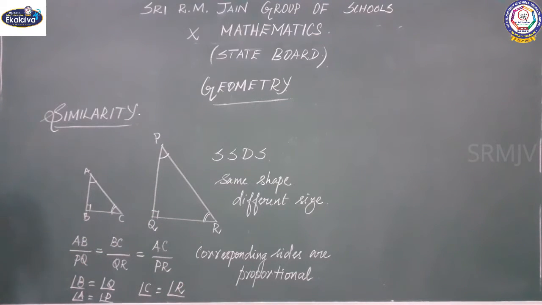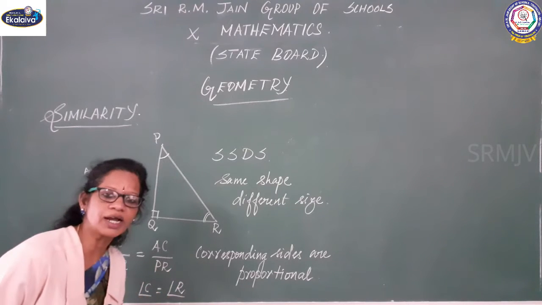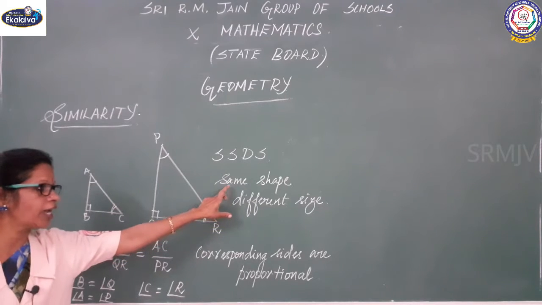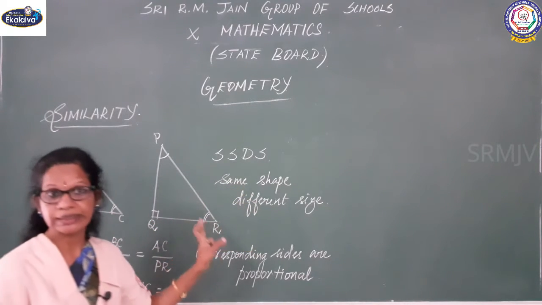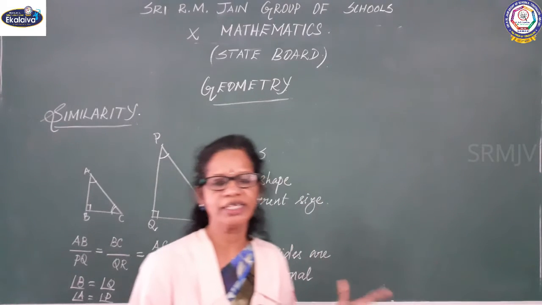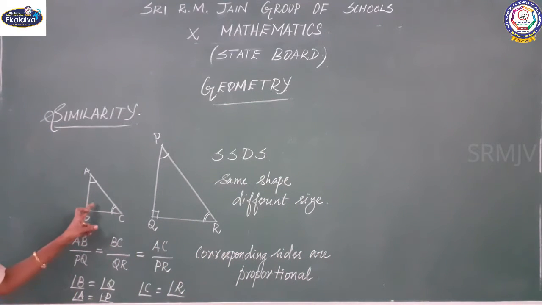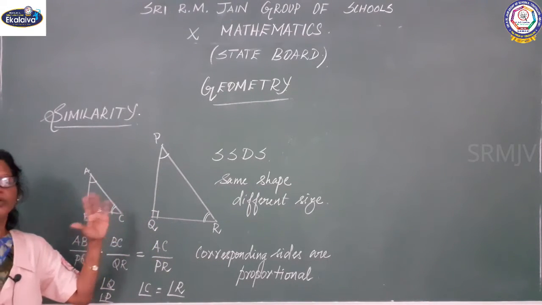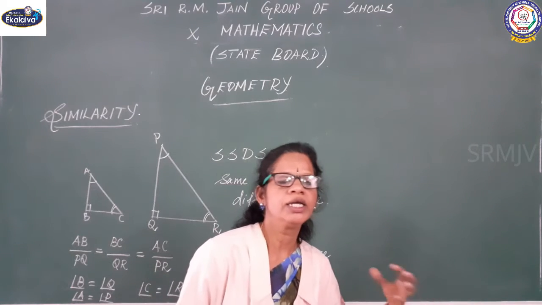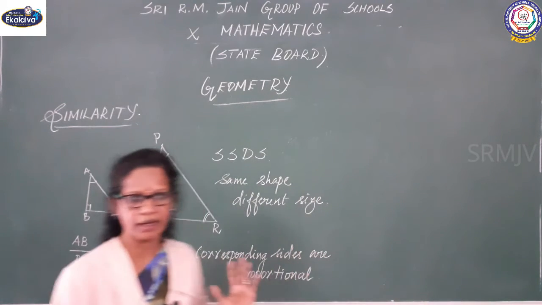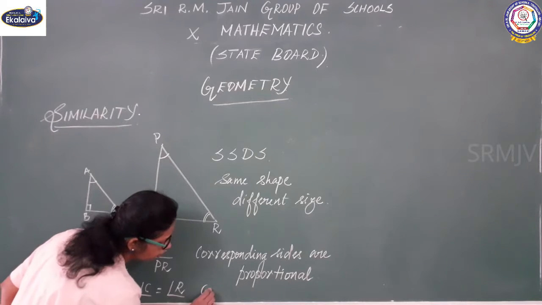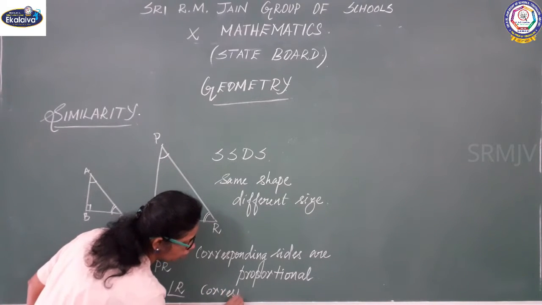First you should know what is similar. If it is similar, what are the conditions it has, right? Same shape, different size is nothing but similar. Here I discussed two triangles, that is ABC and PQR. Don't confuse yourself, whatever the triangle. Here I gave an example in terms of right triangle, that's it, right? In triangles ABC, PQR, corresponding sides are proportional, corresponding angles are equal.